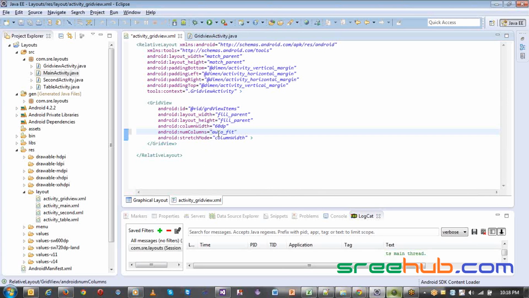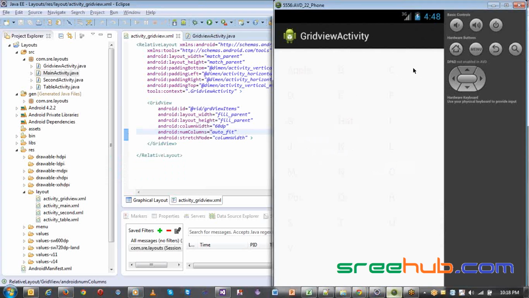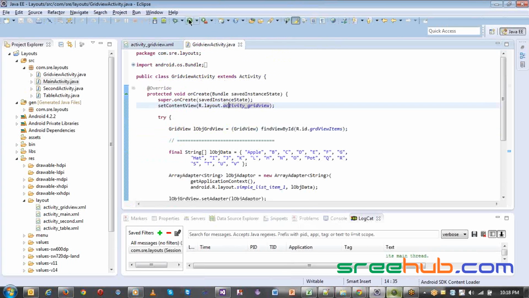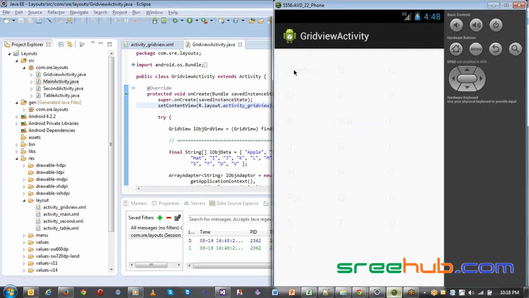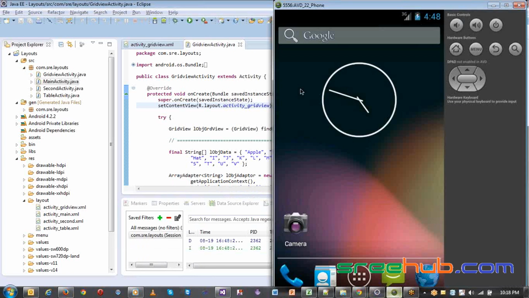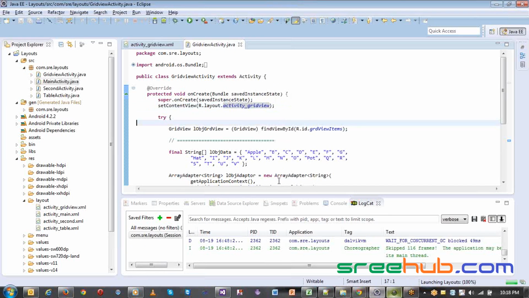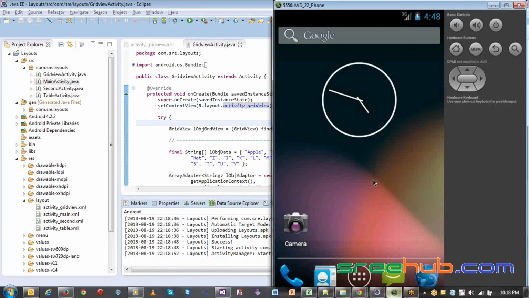Now if you give auto fit, what happens is, when you confine your columns, you can see how much space we are actually wasting, right? Because each and every pixel in Android is costly. As the data increases, it will actually create a scroll bar for you. Now let us see how it arranges. Now we just gave auto fit. Sometimes if it feels that this is the optimized way, which is 3 columns, it may print in 3 columns itself. Let us see how it goes. Okay, it is starting the activity